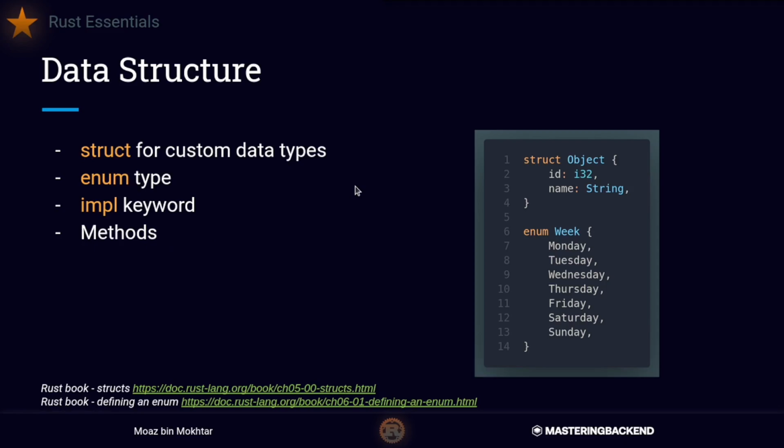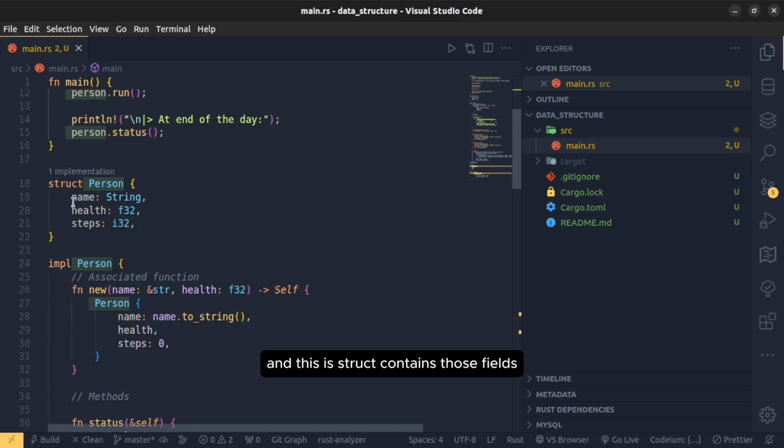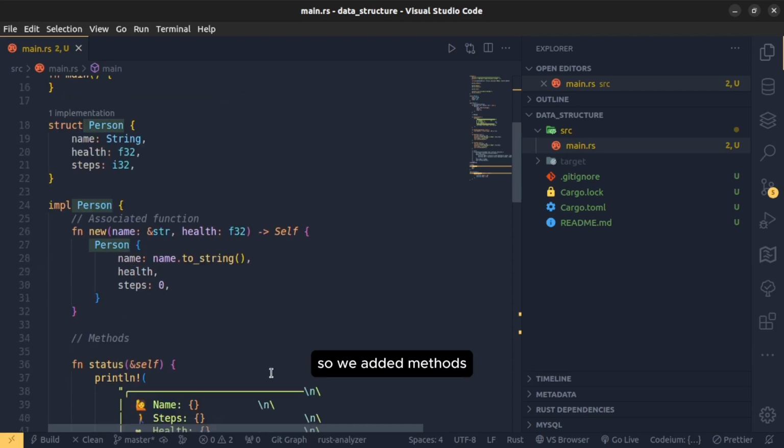Let's take an example. Here we have a struct called person, and this struct contains these fields, and those fields can have different data types. So this is a struct. Now, for this struct, we want to add some functions related to it. So we add methods and we add associated functions. The difference is the context. If I want to make a function have context related to the person struct which is instantiated and has some data,